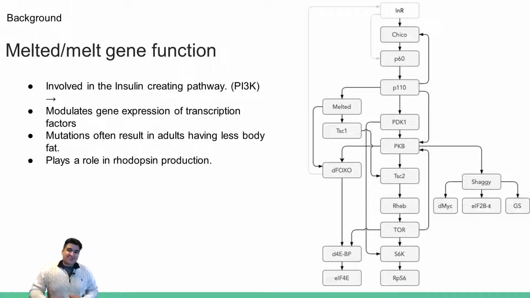a little background about the MELT gene before we go to my goals of this project. The MELT gene is involved in the insulin creating pathway. The way it's involved is that it modulates a couple transcription factors that increase or decrease the production of insulin. Primarily, its role is in insulin production. So whenever it's expressed, it causes those other promoters to be expressed and recruits receptors to the cell membrane, allowing insulin to be created. And so what we see as a result of that in adult fruit flies with mutations in this gene is that they end up having less body fat than